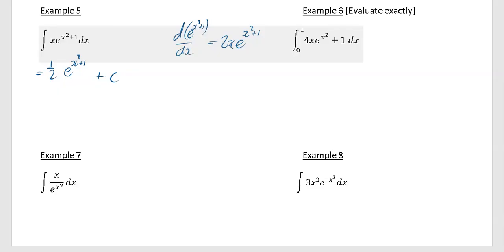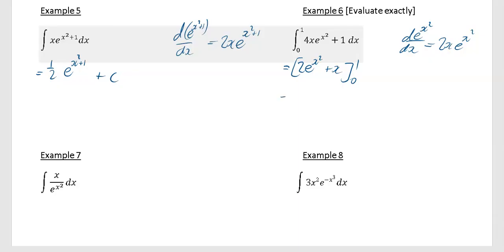Okay, question 6, we've got 2 bits to this one. I've got to integrate my 4x e to the x squared, and I've also got to integrate 1. Integrating 1 is dead easy, you just get x. I'm going to look at differentiating e to the x squared to see what I get. If I differentiate that, I'm going to get 2x e to the x squared. So that's not as big as what I wanted. I wanted 4x e to the x squared. So if I integrate this, I'm going to get 2 e to the x squared, then plus x,